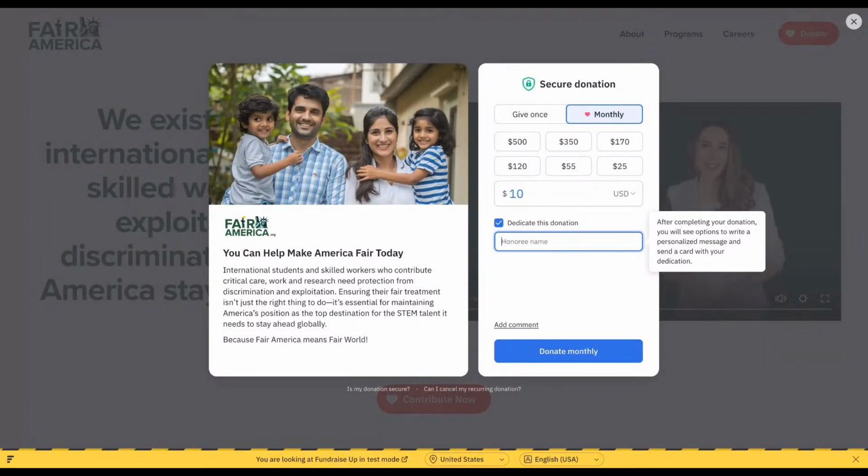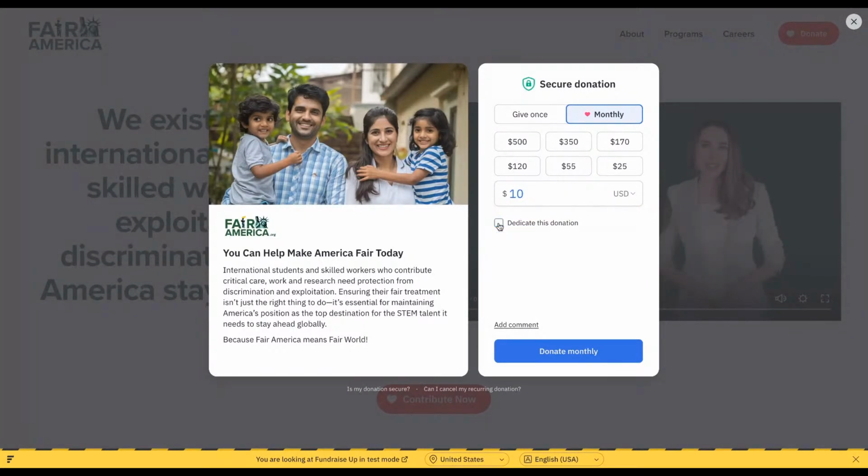And you can create this kind of post, or you can send personal messages. So this is just an example. If you want to dedicate this donation to anyone, you should be able to dedicate it, and you can put the name here. Once you are done with the checkout workflow, once you contribute, you will get the option to send them a personalized message as well, that I made this donation in honor of you, right? The birthday is just one example, but it's there for you to use if you feel like.